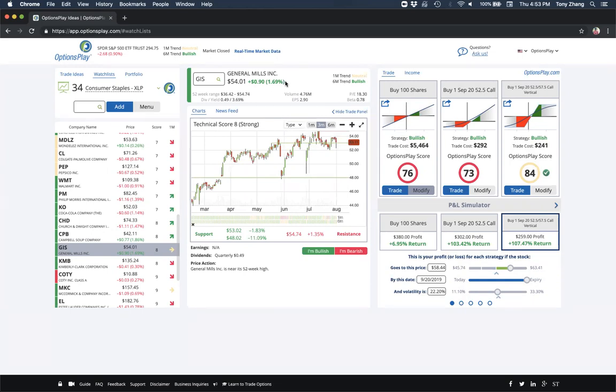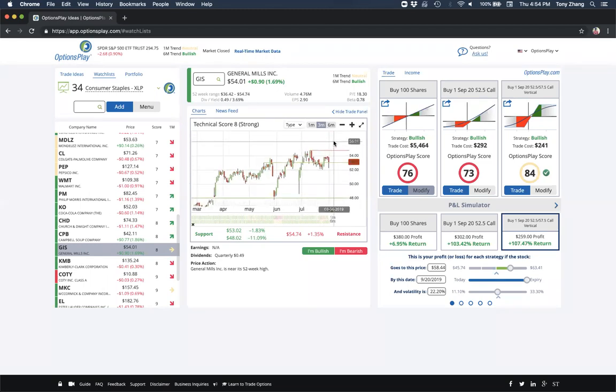So General Mills is trading at $54, which means that if I bought 100 shares of this stock, I would have to put up $5,400 in capital, versus buying a call option, I only have to put up $292 in capital. So I can control 100 shares either with $5,400, or I can control 100 shares with $292. This is really where you can start comparing the two side by side. General Mills currently trading at $54. Even if this stock makes a new 52-week high around $56,